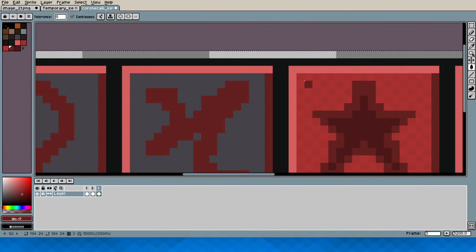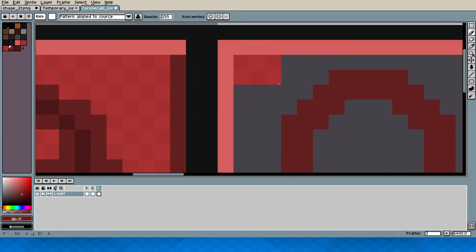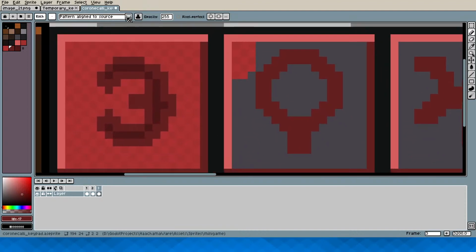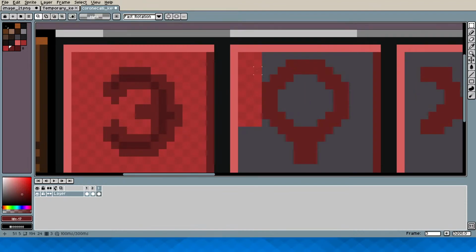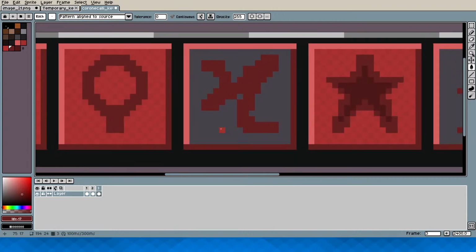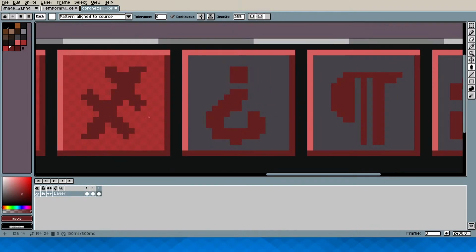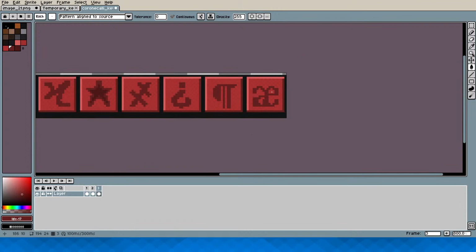Okay, let's continue with this. Oh, did not mean to move that. Right, so just continue with the brush. Can you not use a fill tool with this? Is that not possible? Can I? Oh yes, you can. Okay, good to know. I did not know that. That's very good to know. All right, and that has sped up things tremendously.